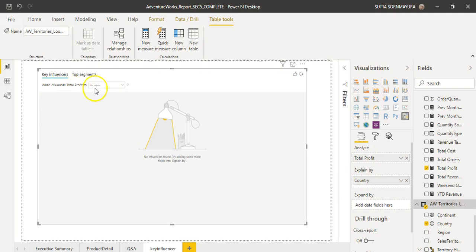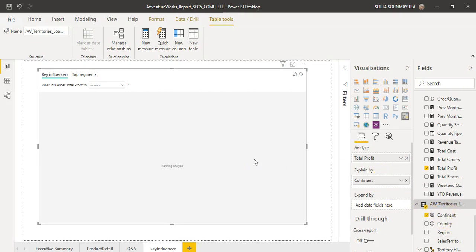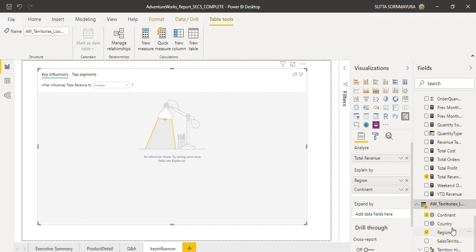Okay, if there is no significance, it's not going to show. So that means country is not significant. So you have to find something that is, so no influencer found. Okay, and you can change it if you want to see total revenue by the continent. Is there any key influencer? So nothing. If you want to put more, like regions, is there any key influencer? Or if you want to put sales territory, no. So you have to try to figure out what is the key influencer for the specific analysis that you want to find. Okay,